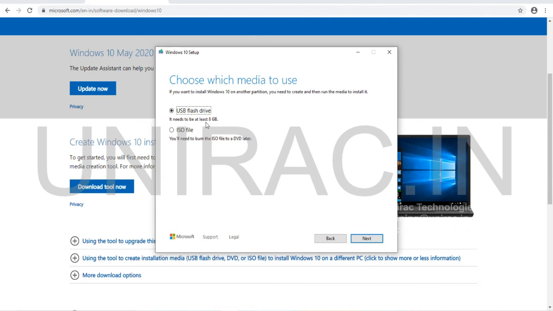The capacity of your USB flash drive should be 8 GB. Then click on next. Attach your flash drive, then you can find it. Then go for next. It will save it to your flash drive. It will take 5 to 10 minutes.